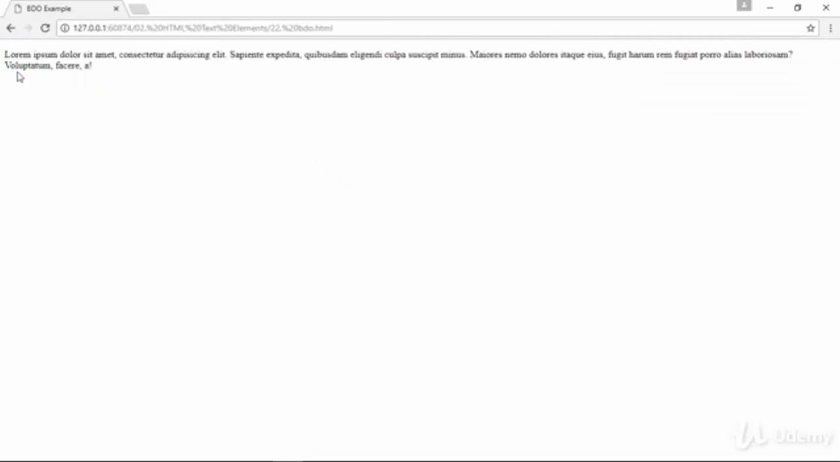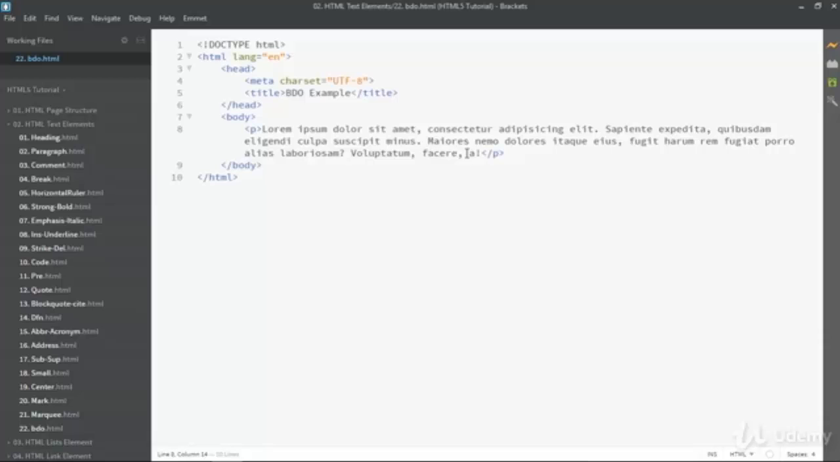As you can see here, the text direction is from left to right. This is the default direction. Now if you want to display this text from right to left, then you can use video tag. Suppose I'm creating some other paragraph element. In that I'm writing this is a paragraph, and if I want to change the direction or orientation of this text, then I can